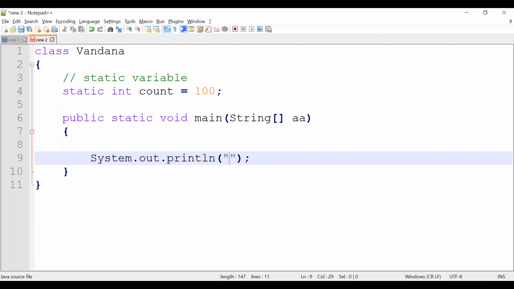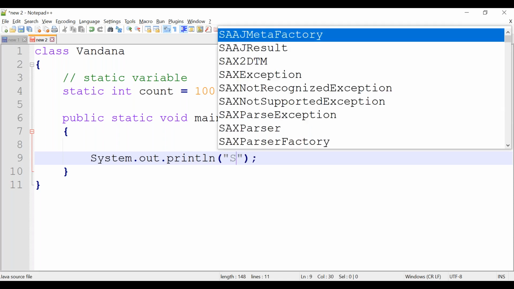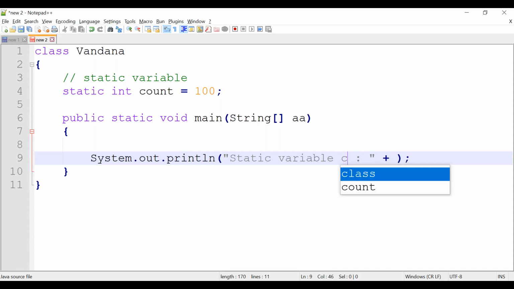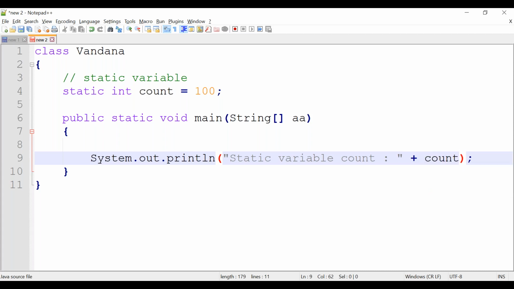I can say it is a static variable or I can say it is a global variable, right? So let me print "this is a static variable" and the value of count. So let's save this program.